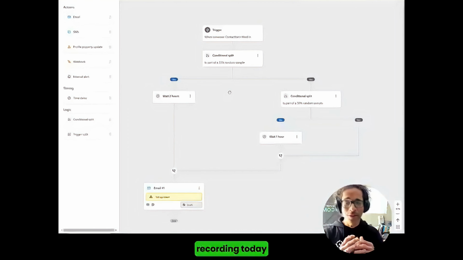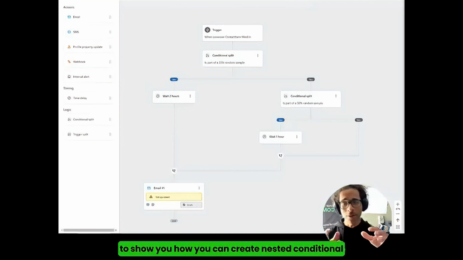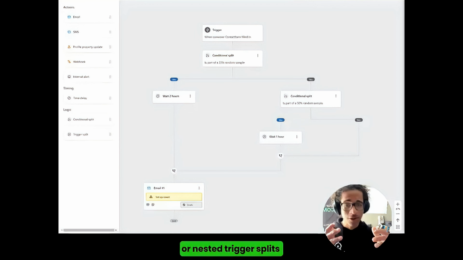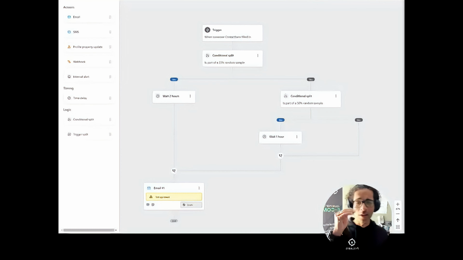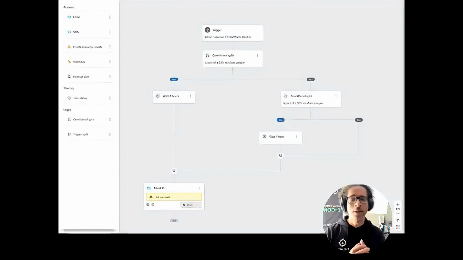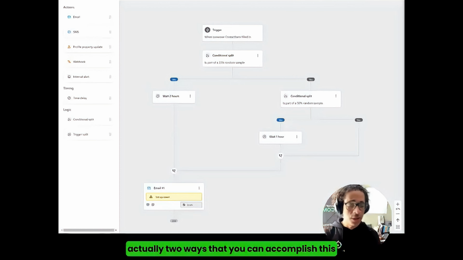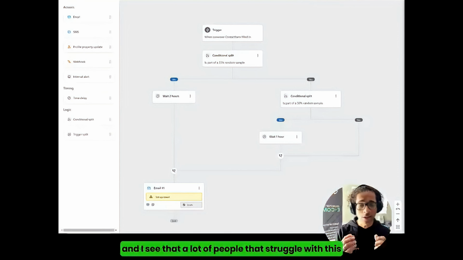Alright, so I'm creating a recording today to show you how you can create nested conditional or nested trigger splits. So basically you have a split within a split within a split. There's only actually two ways that you can accomplish this, and I see that a lot of people struggle with